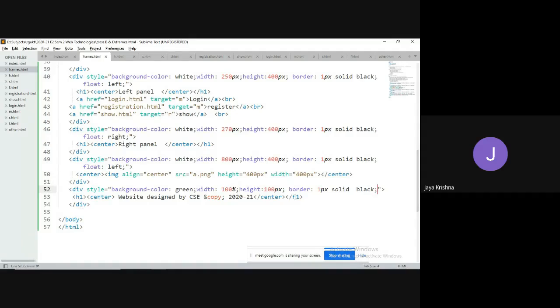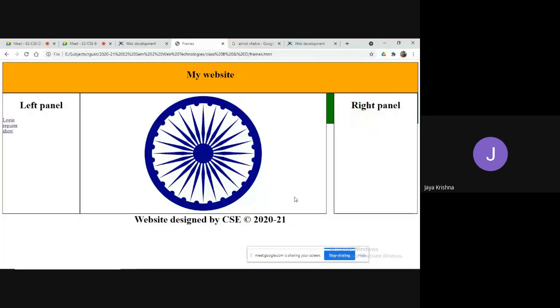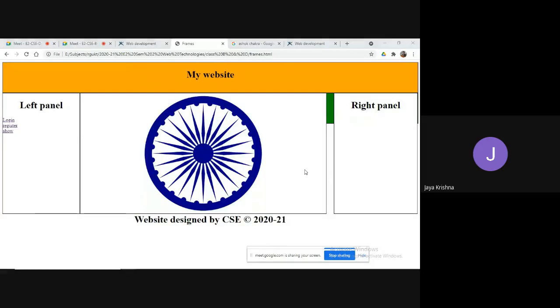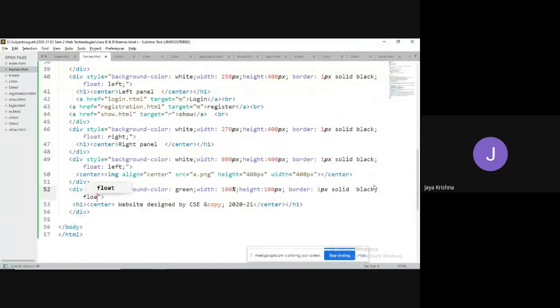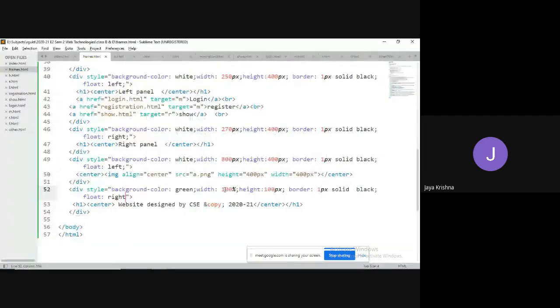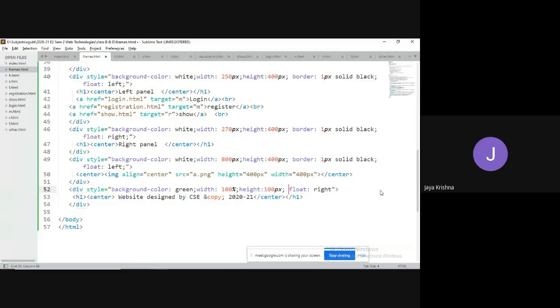Once it's getting here, but the thing is it is not floating somewhere. Let me adjust by writing the float attribute so that it will look good. Yes. So don't worry. Once you know the concept of CSS, you will get it clearly. Okay, fine. So like this, we can use the division tag. For example, I'm going to remove the border of everything.